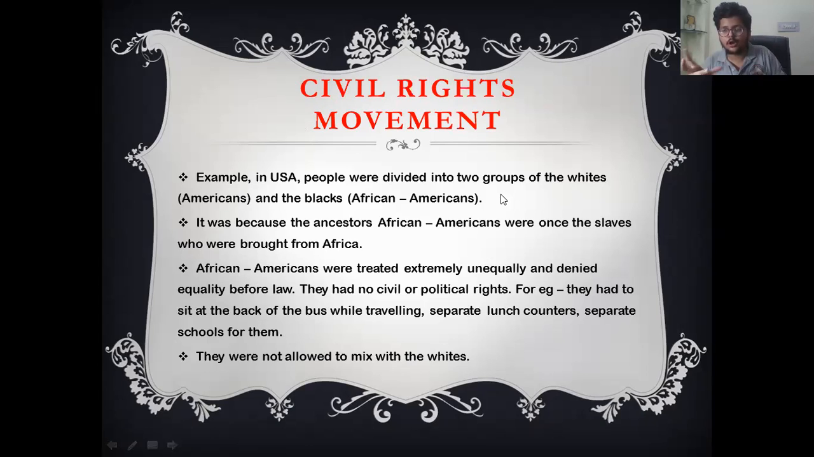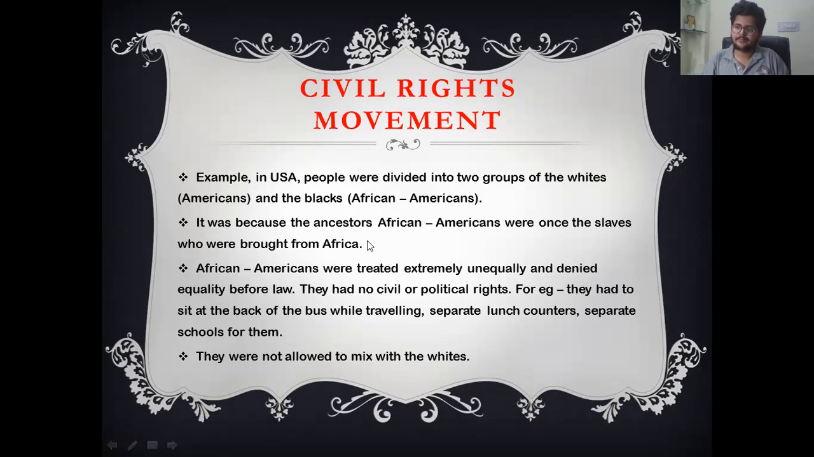They have a dark complexion, and on the other hand, Americans are white. So in America, the society was divided into two groups. One was whites, and the second was blacks. See the next point. It was because the ancestors, African Americans, were once brought as slaves from Africa